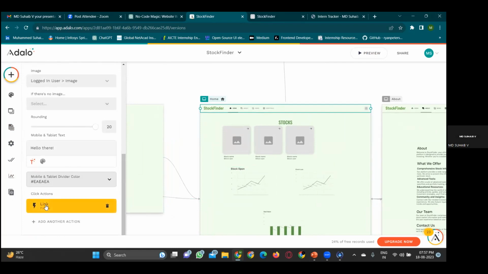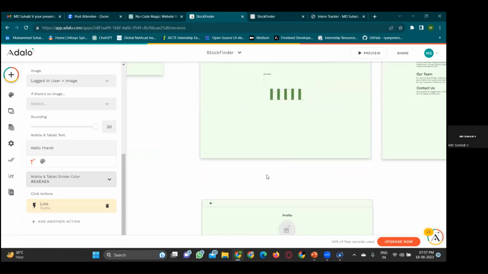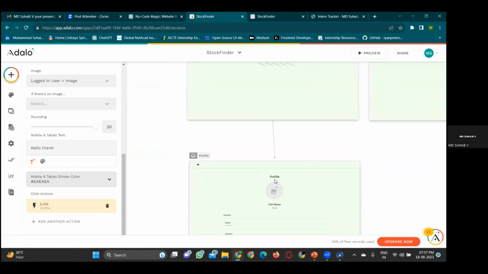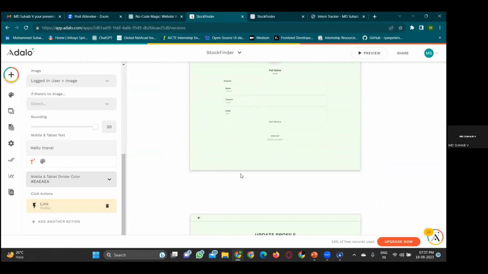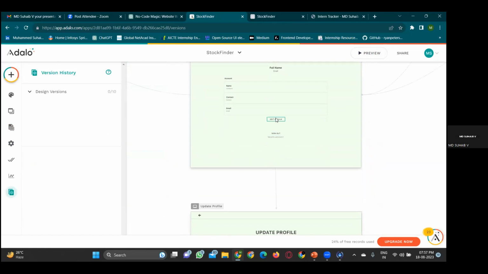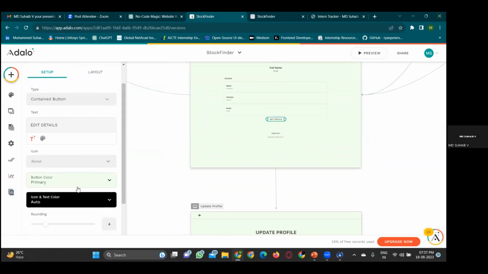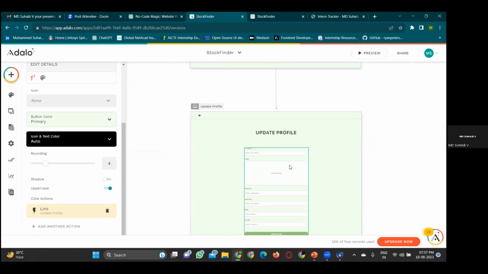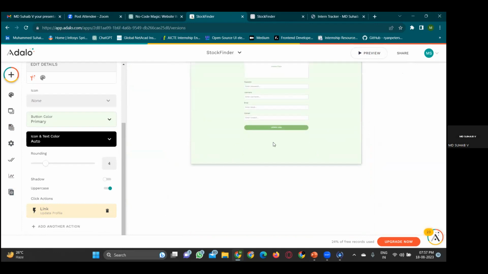And then link options are available here to connect the different screens. For example, this is my profile image. Here I have given a link so that it will take me to a profile page, with an on-click action. That is, if I click this, then it has to take me to a profile screen. As you can see here, it has a link from home to a profile page. So if I click that, it will take me here. And from here, I have given another link. For example, for this edit detail button, I have given a link. It will take us to the update profile page. So it will take us here and we can update our profile.